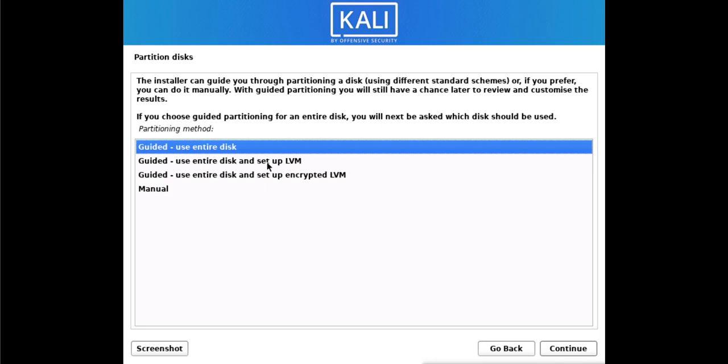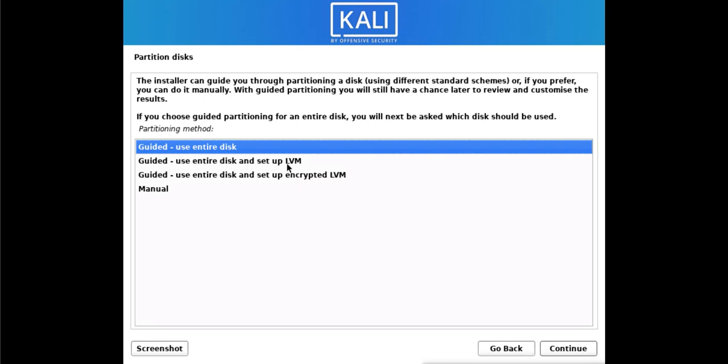Now LVM is the logical volume manager. Logical volume management in Linux is for flexibility. This option gives you the flexibility that you can anytime increase or decrease the size of the volume. If you create a normal partition, you will not get the option to increase or decrease the volume in Linux. So if you use LVM partitions, then you can do what?